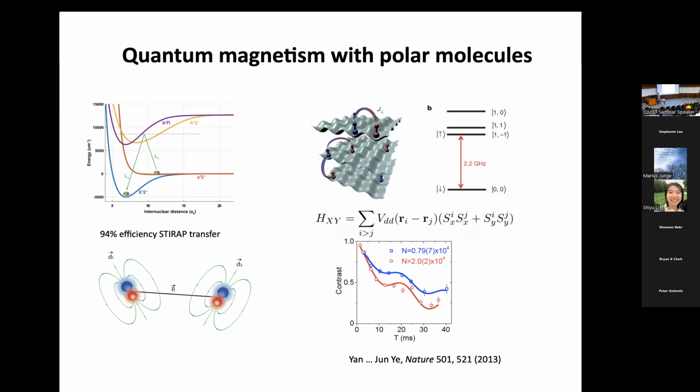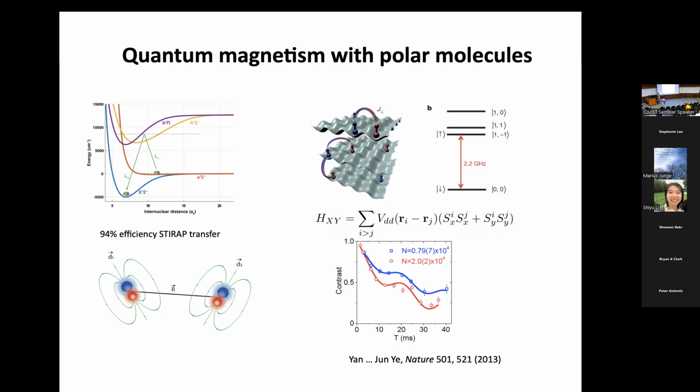So what these can do is they can exchange their rotational excitations with each other, through this dipolar interaction. And so what you realize is naturally a quantum spin exchange model with a dipolar coefficient. And the experiment that was done in this work was basically to prepare the molecules in a superposition. So let's start with all the molecules, say, pointing down in the lowest state, but you can prepare a superposition where they're pointing along the X state.